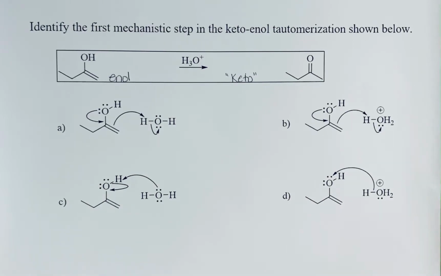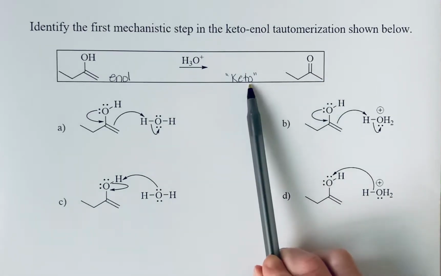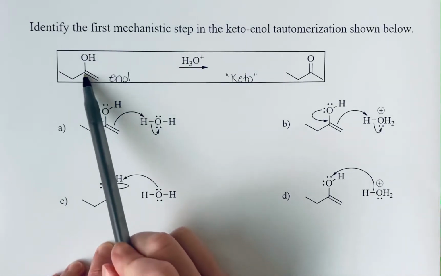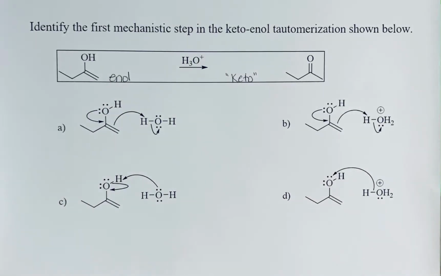And although it's a bit of a misnomer, even if this was an aldehyde, we would still call it the keto form. I'm not exactly sure why. My guess is that keto-enol sounds better than aldehyde-enol. But in any case, we're going between the enol, the alkene alcohol, to the carbonyl form. So these